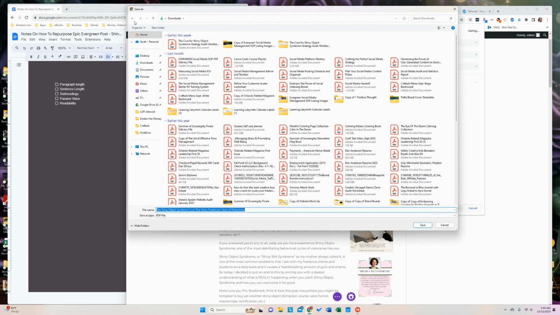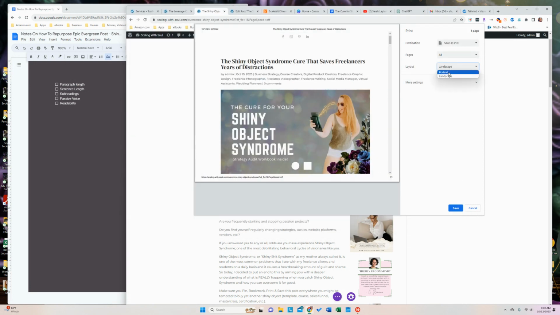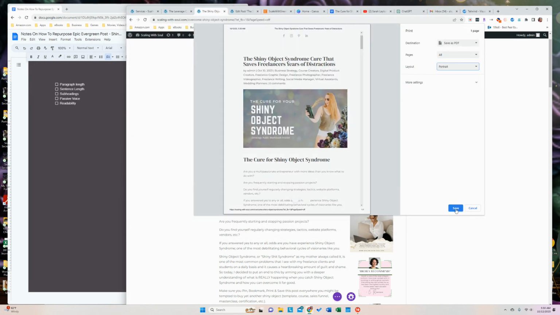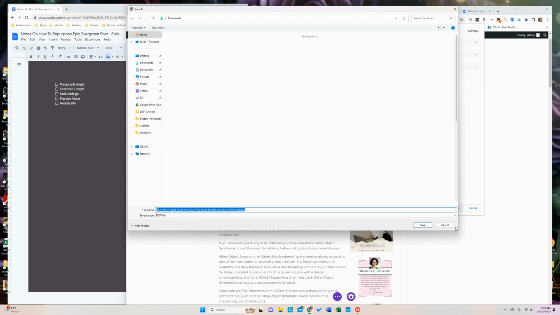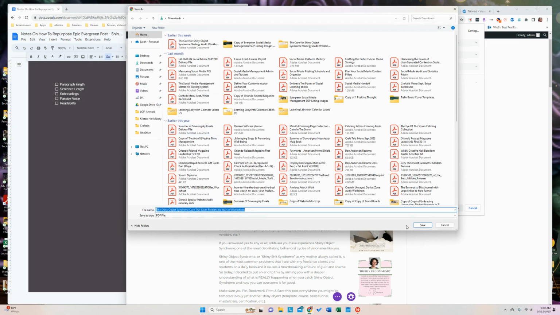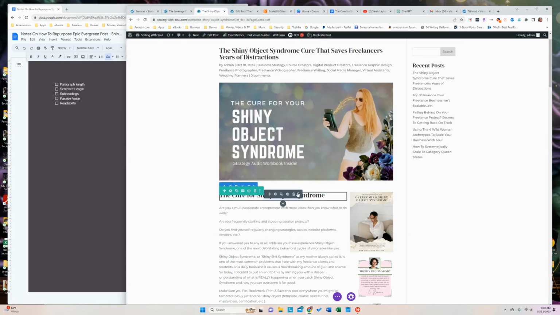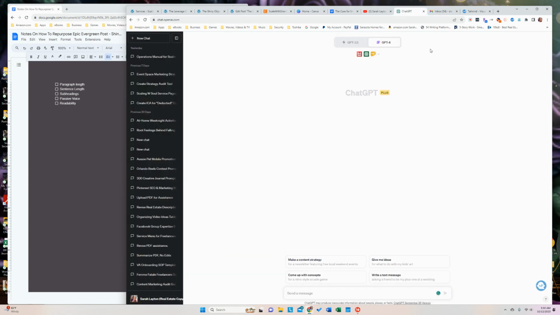Oh, it wants to go landscape on me. I don't want that. I'm just going to put this in downloads. I'm going to be a total naughty. Normally I like to keep things far more organized as I go, but we're just going to do it like that. Okay. So now that we have our PDF version of this blog post,